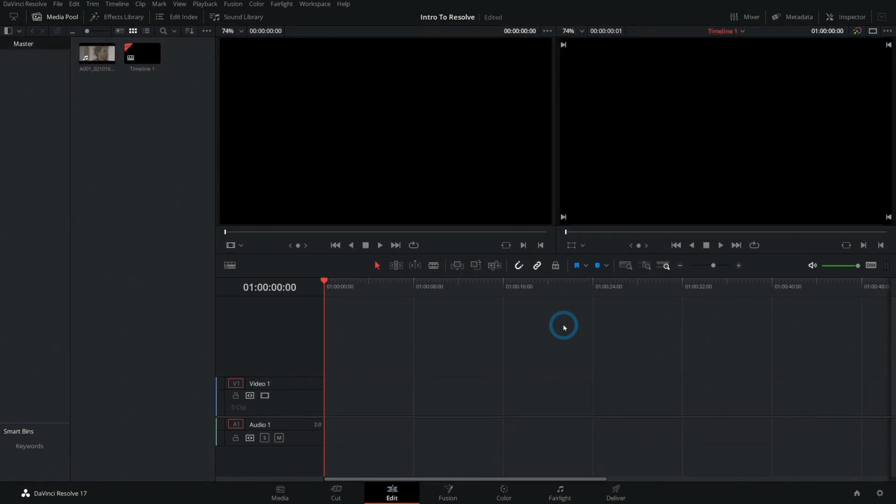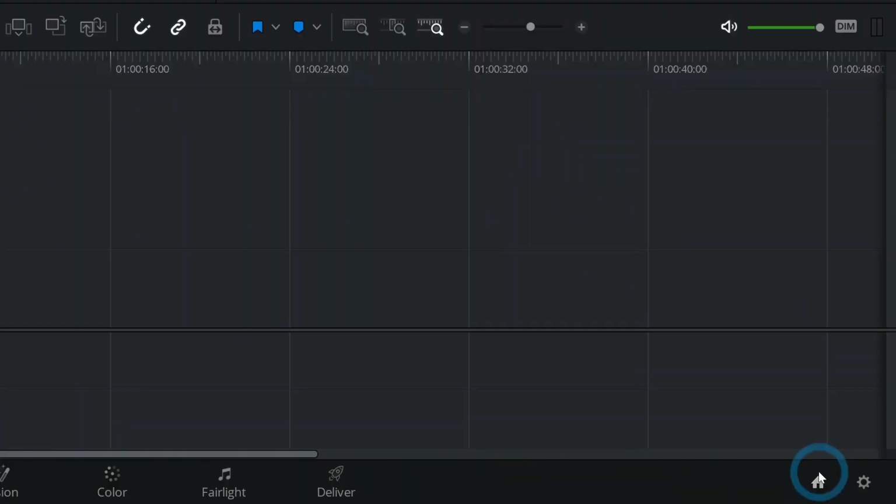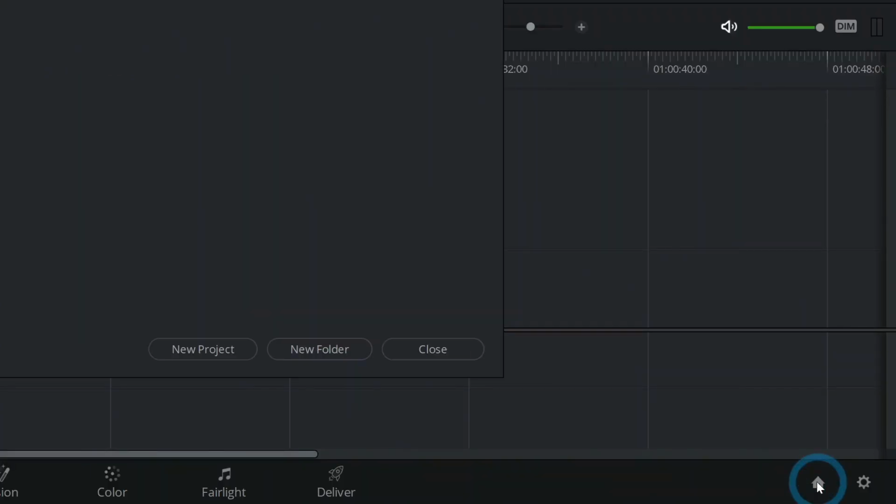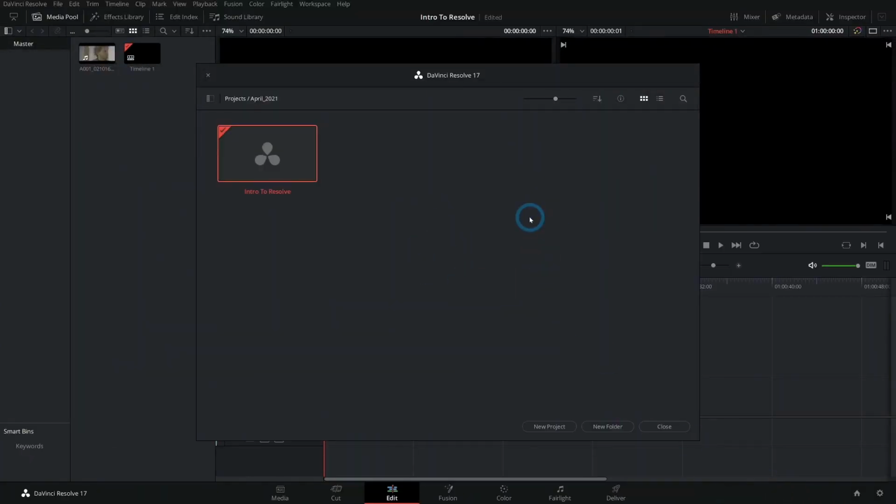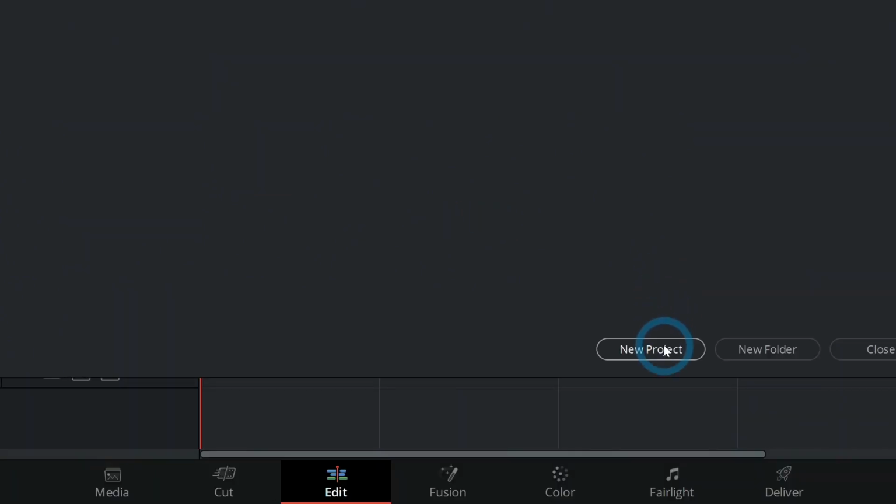Let's get into actually starting our project and getting it set up. The very first thing that we want to do is make a new project in Resolve. Now, if you already have Resolve open, you can go down to the lower right-hand corner here and click on this little house, and that will bring us back to our project manager. Remember, this is where you make new projects, save old projects, export, import, do all of the managing of the project files, right? We're going to go down here to where it says new project, click on that, and it'll